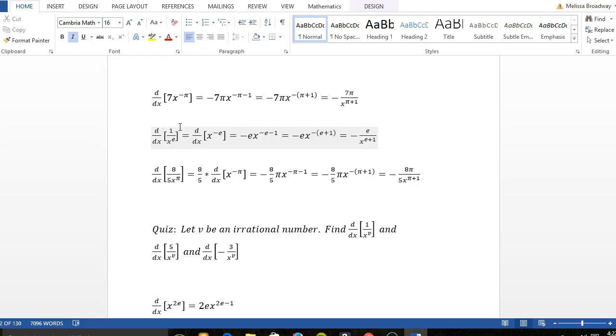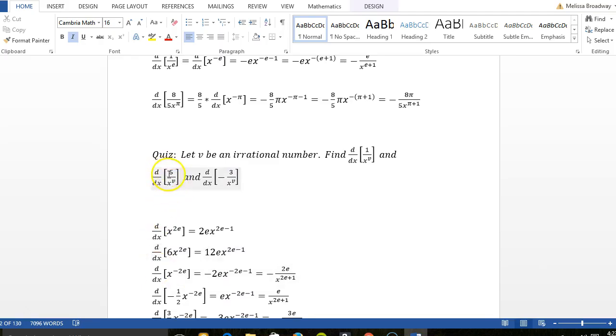Let's see, I'll leave it for you to do this one and this one. Again, if I stick 7 out in front, it's the same concept. The negative pi jumps out in front. I go ahead and just stick this negative, instead of keeping the negative with the pi, I just stick it out in front of the 7, and I do the same old stuff. And here, I just do the same old stuff. And here, that 8 and that 5 can come out as 8/5, but otherwise I do the same old stuff. And I'll leave it for you to do this one. And then,